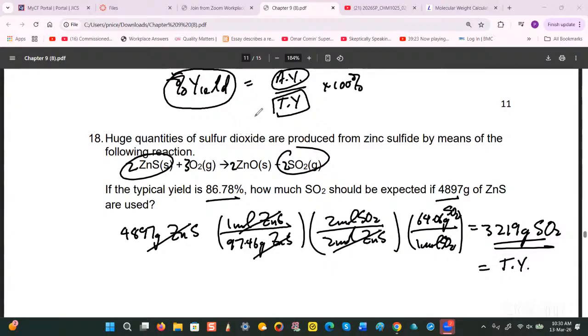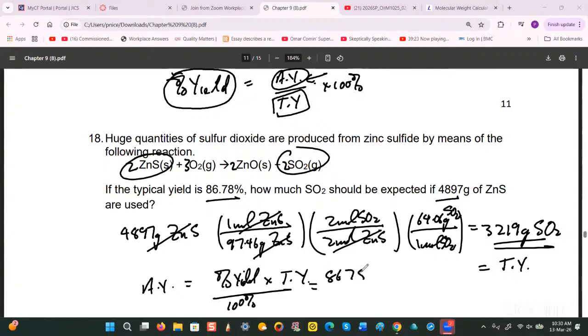So remember now, what the question is asking for is the actual yield, right? So to get the actual yield, that would be equal to the percent yield multiplied by the theoretical yield divided by 100%, right? So the theoretical yield, I'm sorry, the percent yield is 86.78%